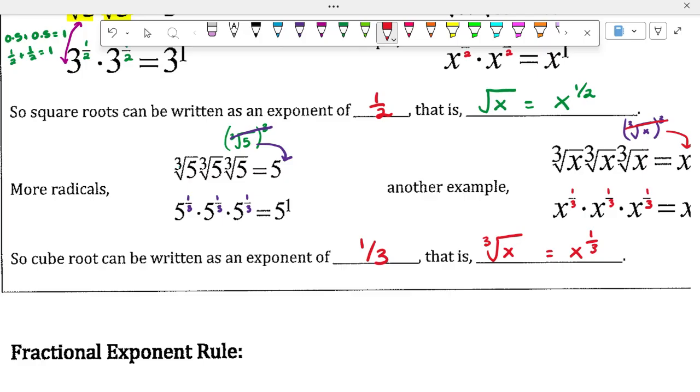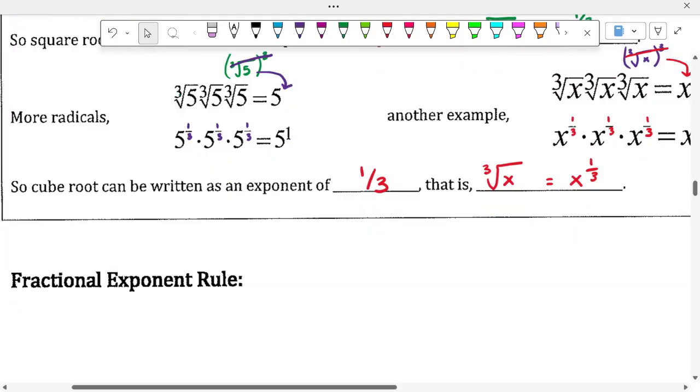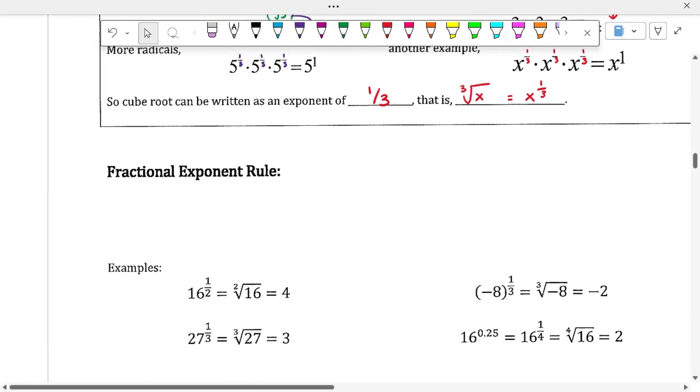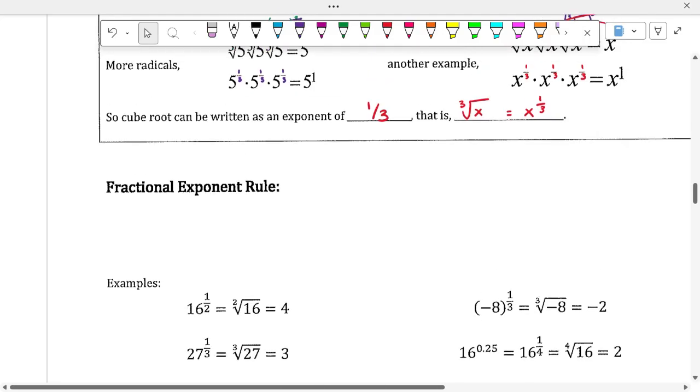Now, why is this important? A lot of times in math, when you start throwing in square root symbols and cube root symbols and you're simplifying, it's easier to convert it to an exponent because then it makes the simplifying easier. All right. So the fractional exponent rule is: